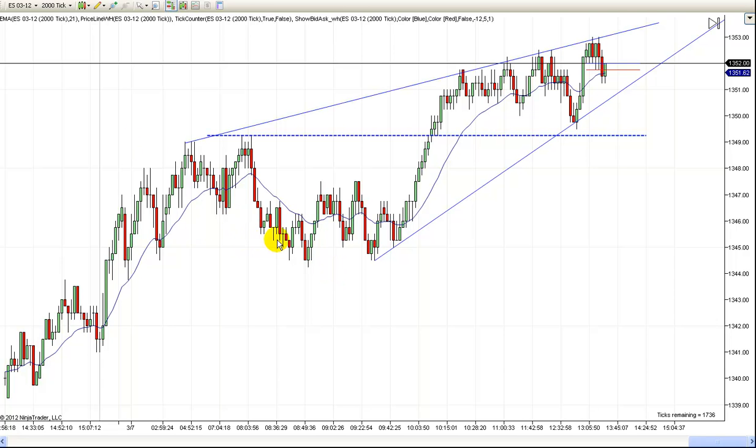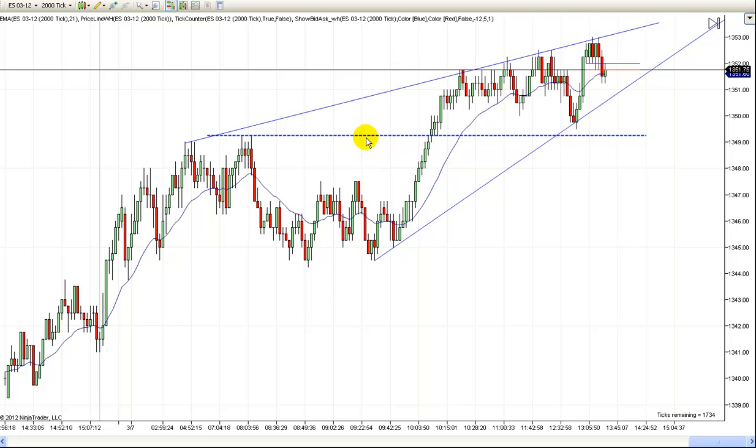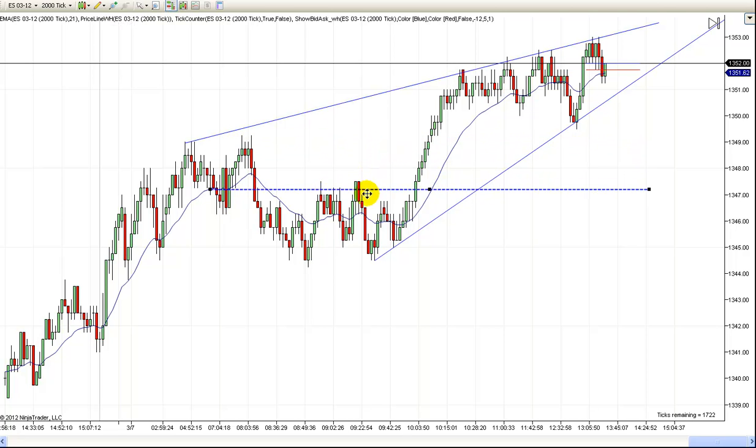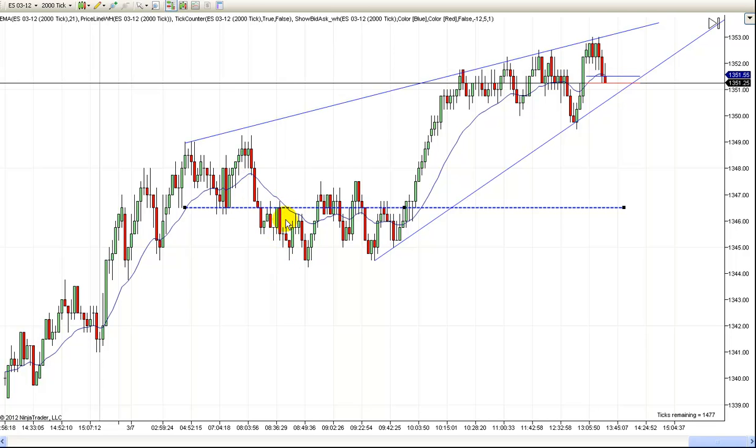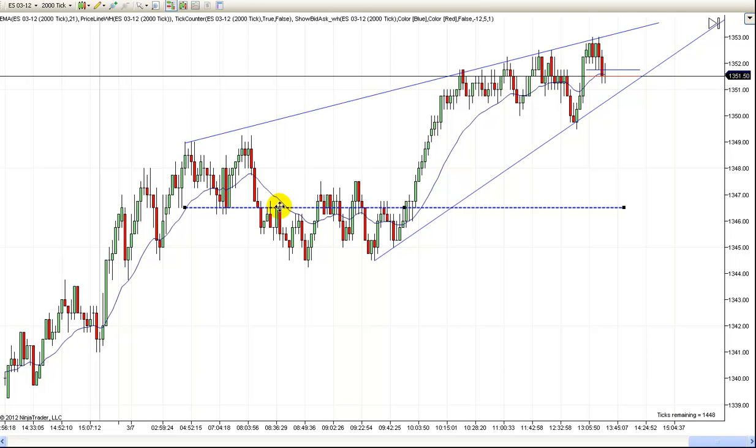When prices opened up this morning, we were in this trading range. And let's just talk about it real quick. This was pretty much what we had at the open. We had this low across here, so we were right in here at the open, and the trend was working down. But by the time you got this second entry short right here,